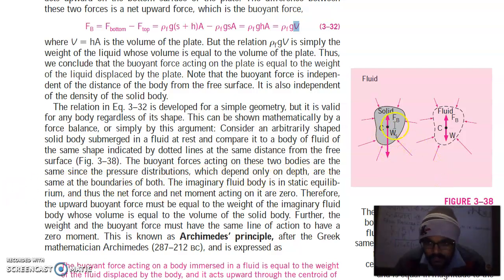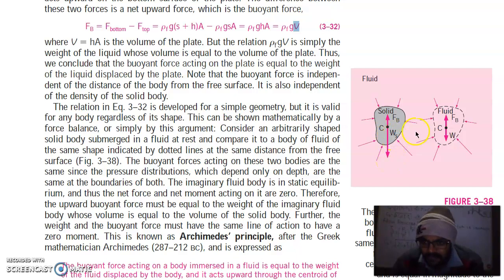So what are the buoyancy forces? That is F_B on this solid and F_B on this fluid element, which is shown here by the boundary. These F_B are the same. The buoyancy forces on these two elements are the same, but you can see the weight of this solid is more than the weight of the fluid if the solid has more density. So this W, which acts downward, is more, and then the body will go downward.